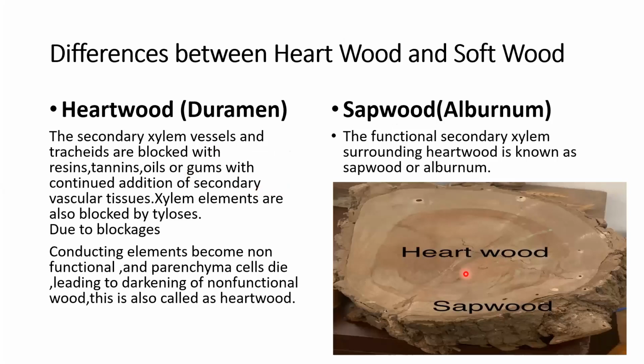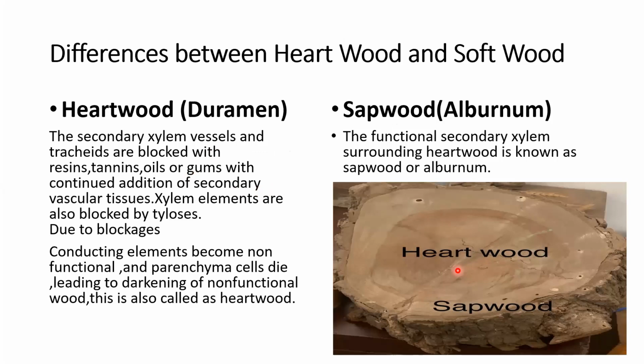Now, why is hardwood produced actually? A plant for its growth needs water, minerals and nutrients. This we have already discussed. When primary growth of the plant occurs, and every year, new secondary xylem and secondary phloem are produced to continue the growth of the plant, to meet the demands of the growth of the plant. So new secondary xylem and secondary phloem are produced every year.